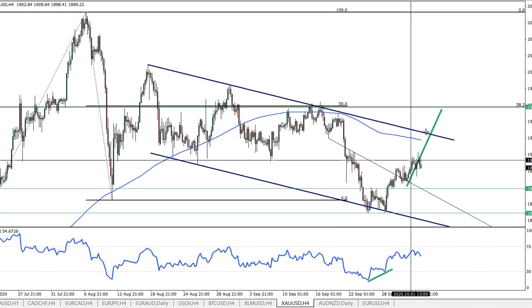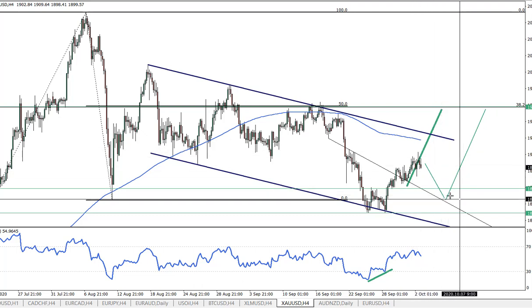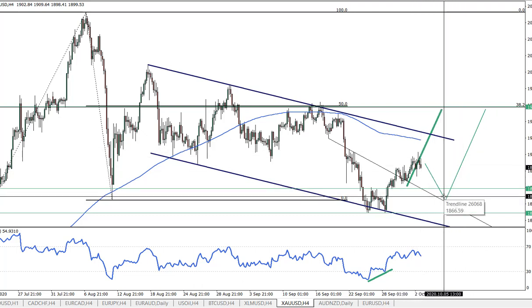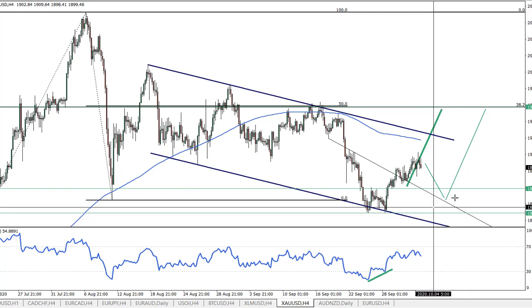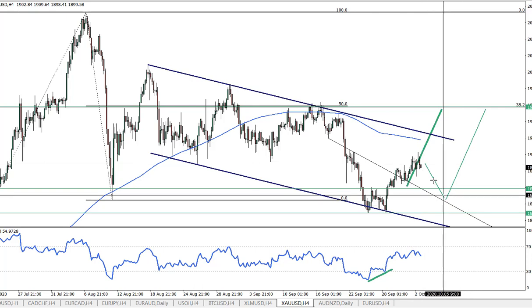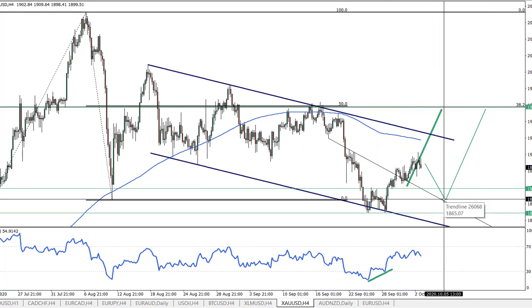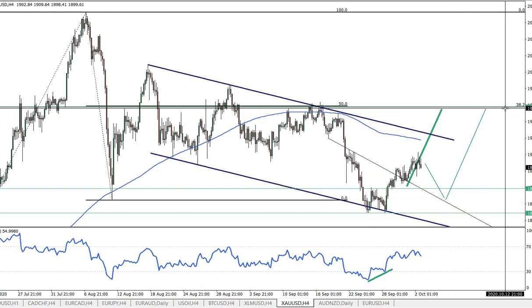Gold slowly but steadily moving up. I don't think it will be a continuous trend to the upside. I think it will be something like that. This is the alternative scenario. Most likely there will be a correction, and at some point in the middle of next week, I think there will be another buying opportunity. So here probably a retest of the average price downtrend trend line towards the 1860, 1870 area before,